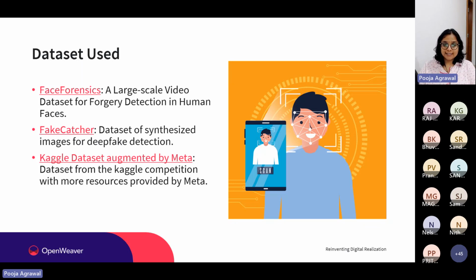There was the Kaggle data set, where all the augmentation and labeling was done by Meta, Facebook, so that the data set could be prepared. They organized a Kaggle competition where resources were provided by Meta, and that's how people were naming or labeling the required images as fake, real, deepfake image, etc. So these multiple data sets are what are available. And then